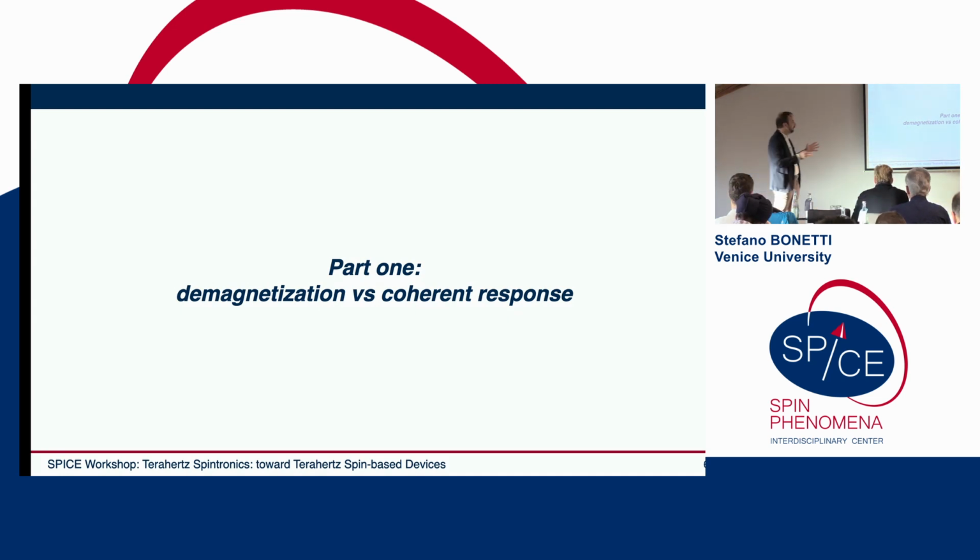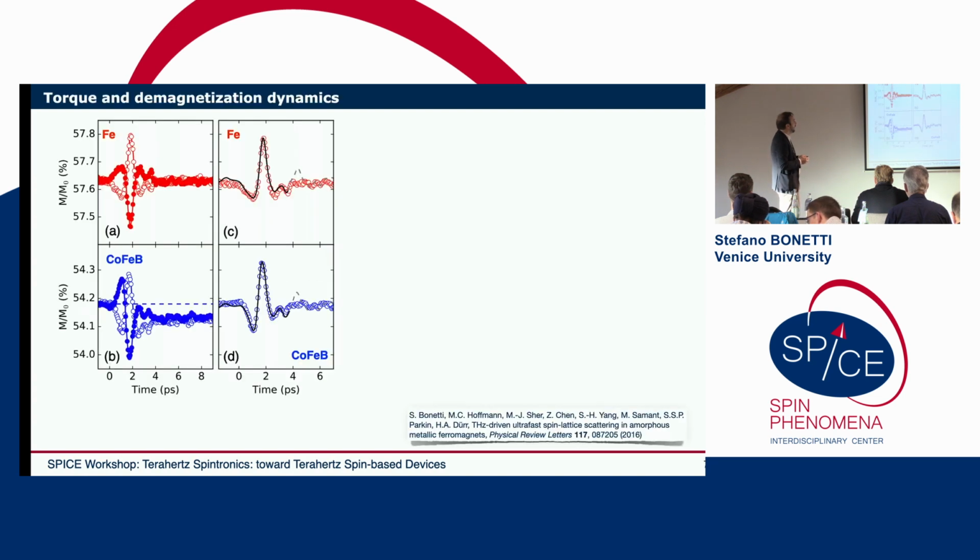Okay, so this is the first part. What we did was how, personally, I entered the field of Terahertz magnetism. It was an experiment we did at Stanford in the lab of Matthias Hoffmann when I was a postdoc there. Basically we took 2 samples. One was a crystalline iron and the other was an amorphous cobalt iron boron. And we went there with a strong single cycle Terahertz pulse. And what we could observe, if you look first on this side, is that in both cases,